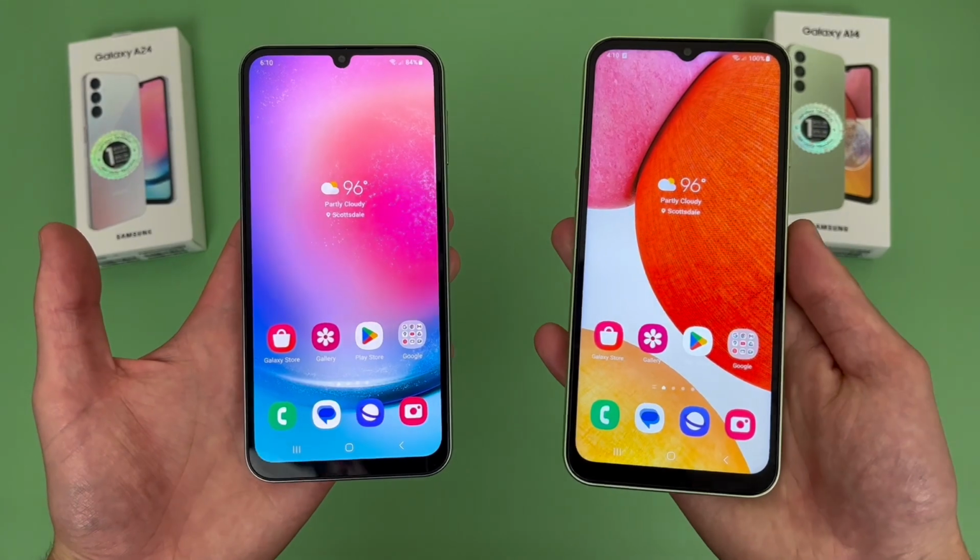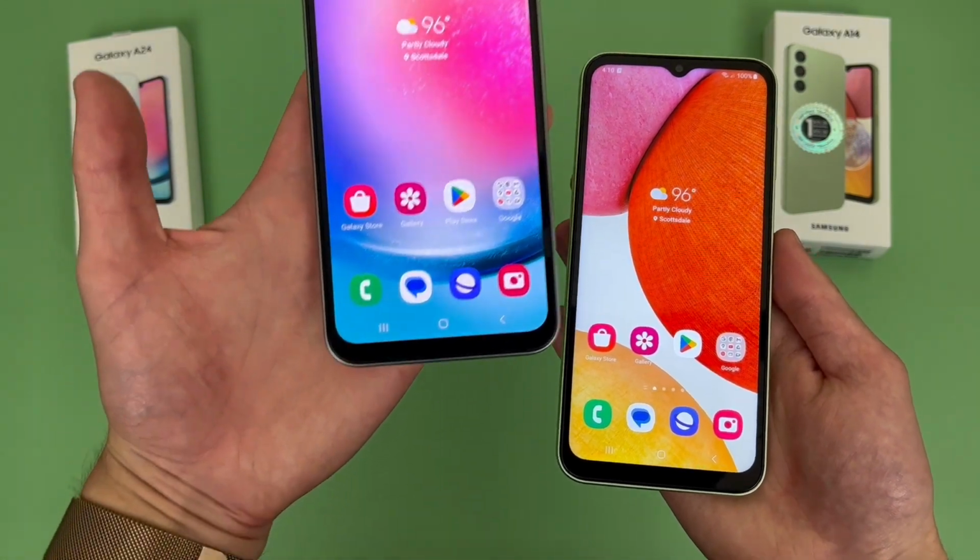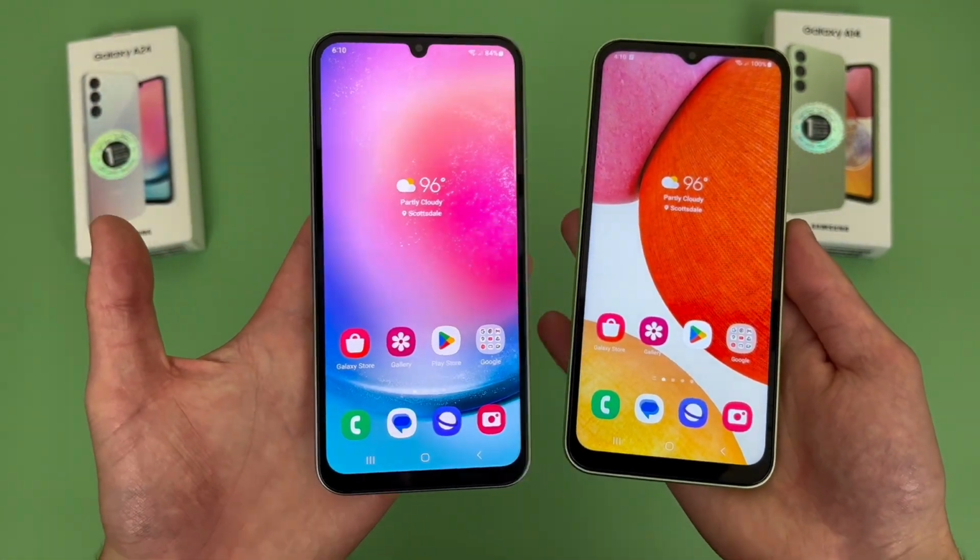In this video, we're going to be doing a quick comparison between the Samsung Galaxy A24 4G and the Samsung